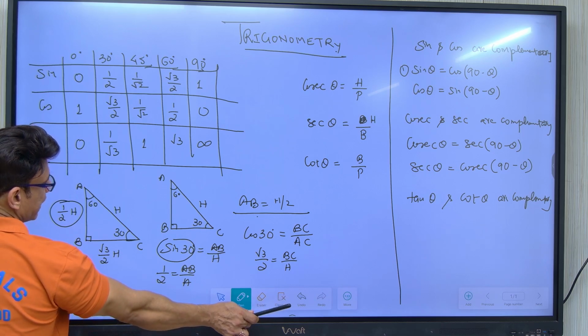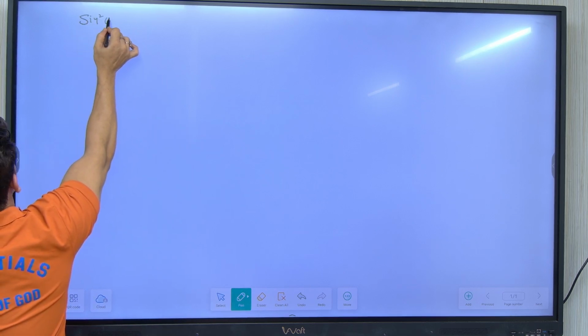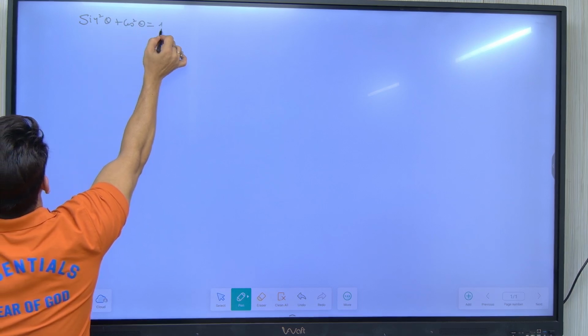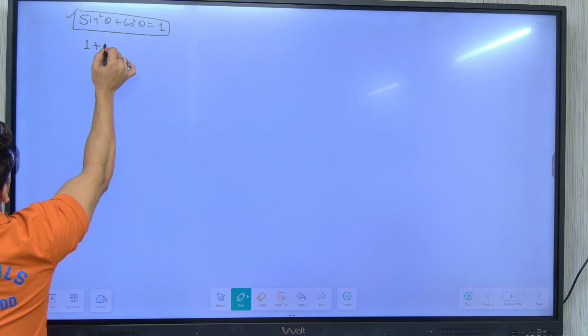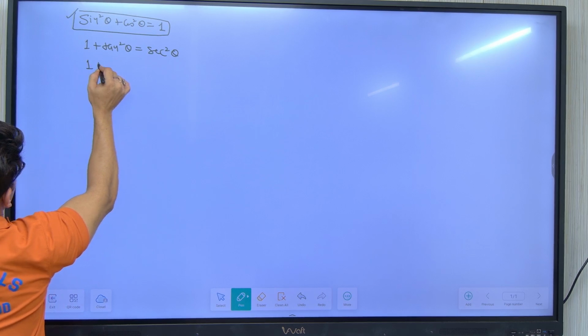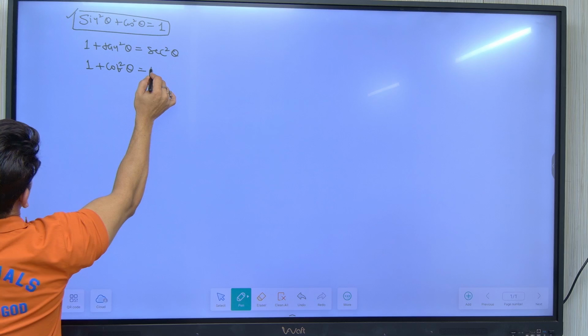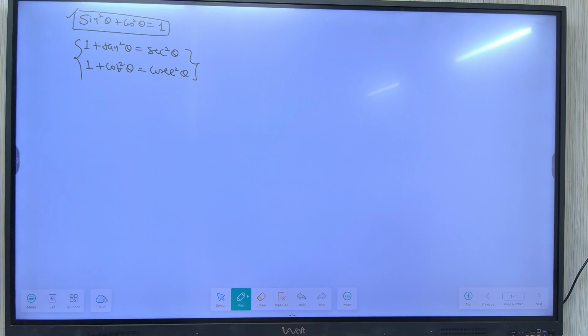And this is 3 mistakes of my life, तो पता ही होगा तुमको. First is sine square theta plus cos square theta is equal to what? 1. 10th में सिर्फ यही अच्छा लगा था, दूसरा याद ही नहीं होता था. 1 plus tan square theta is equal to secant square theta. 1 plus cot square theta is equal to. ये दो में थोड़ा प्रॉब्लम होता था, राइट? पहला वाला लेकिन बहुत अच्छे से याद होता था. फर्स्ट से ही सब बने. Now